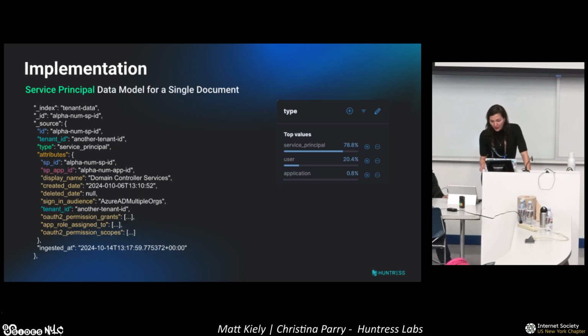Next slide. One other thing I did want to call out is this little table on the right, which is the breakdown of this type between service principals, users, and applications. By far, you'll see that we have the most service principals. This makes sense, and we see very few apps relatively because these are often